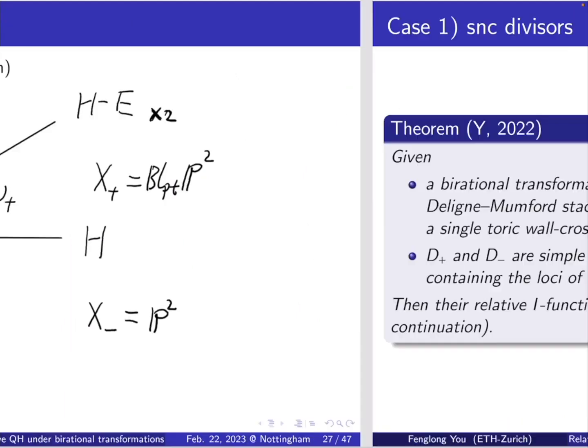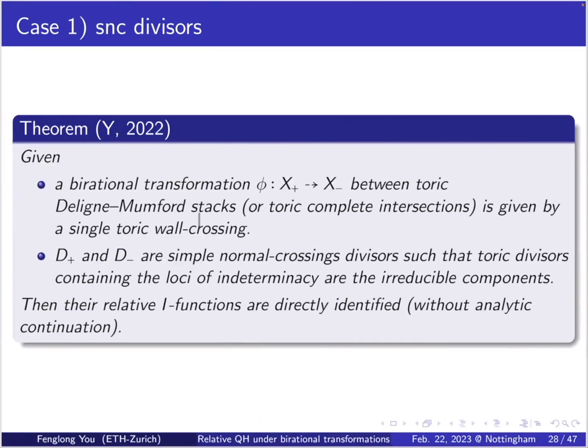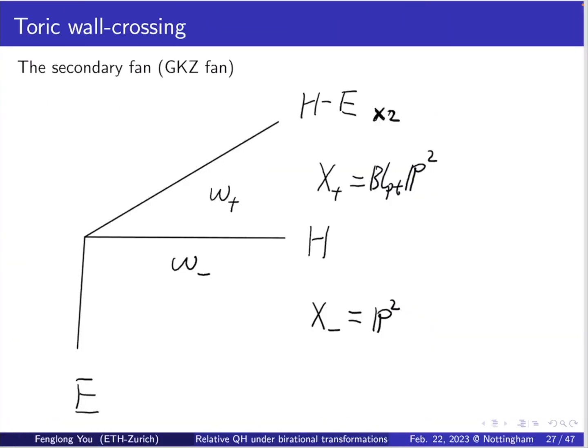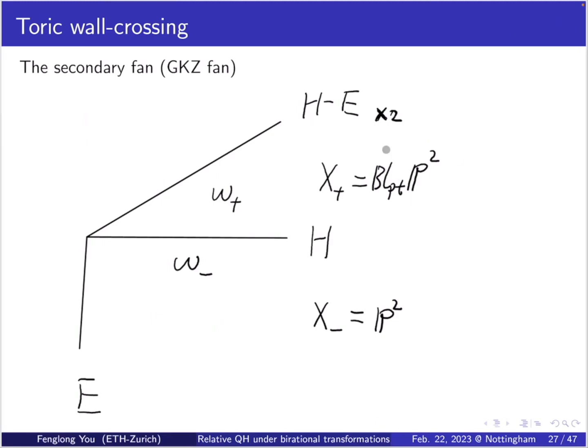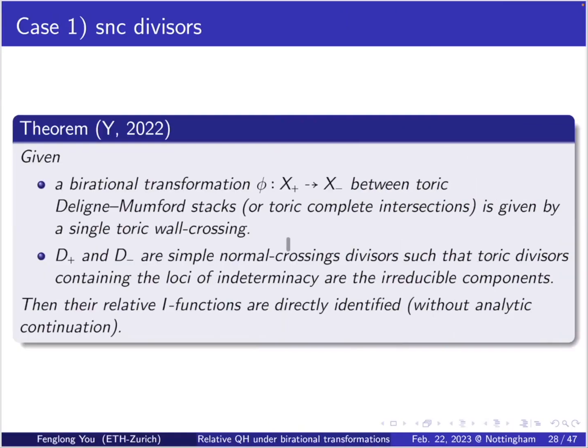So yeah, that's the example. And in general, we can have more complicated toric manifold stacks, and there's a more complicated toric wall crossing. In general, what we will have is that if we have a birational transformation like that between toric manifold stacks or toric complete intersections,